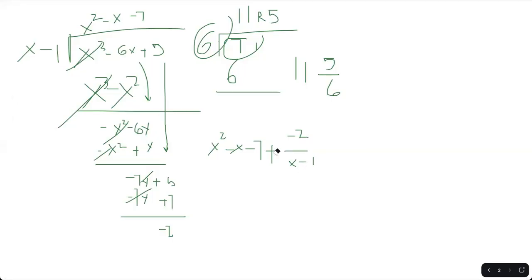So another thing you could do is, since it's plus negative 2, you can just write a minus 2 over x minus 1. If you keep the plus, that's an added bonus because it shows that it's a remainder. With the minus, it could get a bit confusing because it doesn't really make sense why you would do a minus. Like you won't ever write 11 minus 5 over 6 because that's the remainder. But